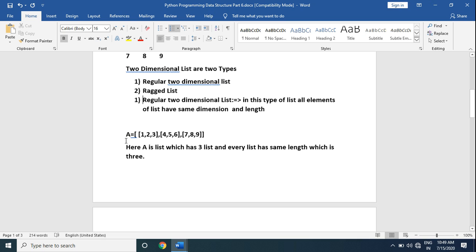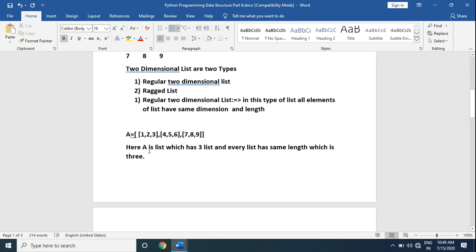Like we have a list A which has 3 rows and 3 columns, and every list has only 3 elements. This list has 3 elements, this list has 3 elements, and this has 3 elements. So it has the same length and same dimension. This type of list is known as a regular two-dimensional list.